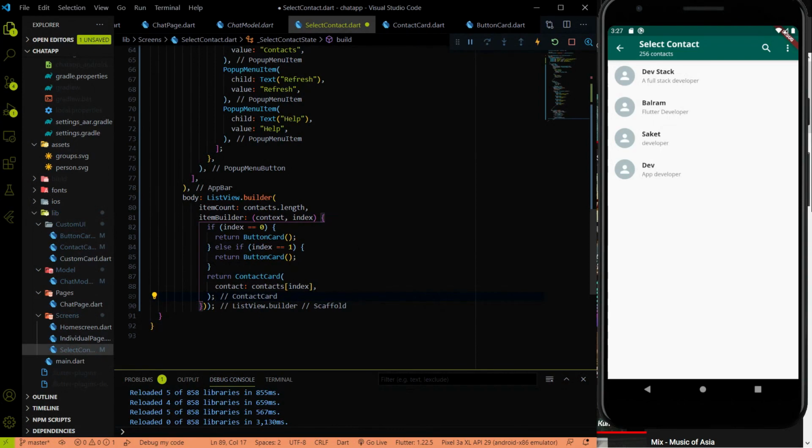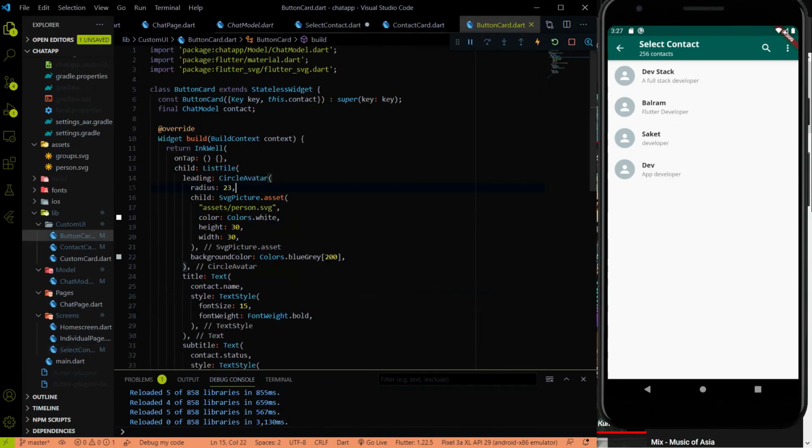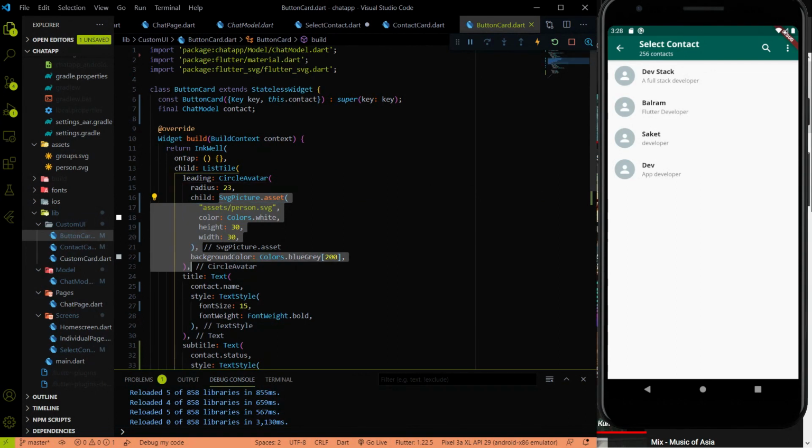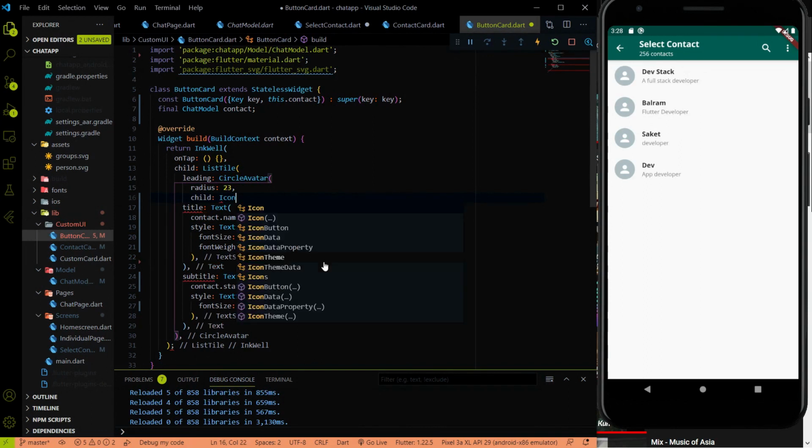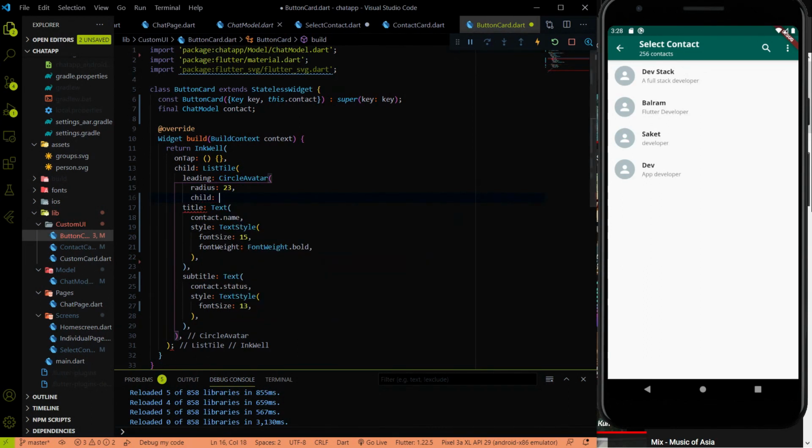If I hit the save, then it will give an error because in a button card we have to pass the contact details as well. So let me modify the button card, and instead of returning an SVG picture on a child, I'm going to return the icon. And how will we get the icon? Instead of getting the contact, I'm going to use two things.